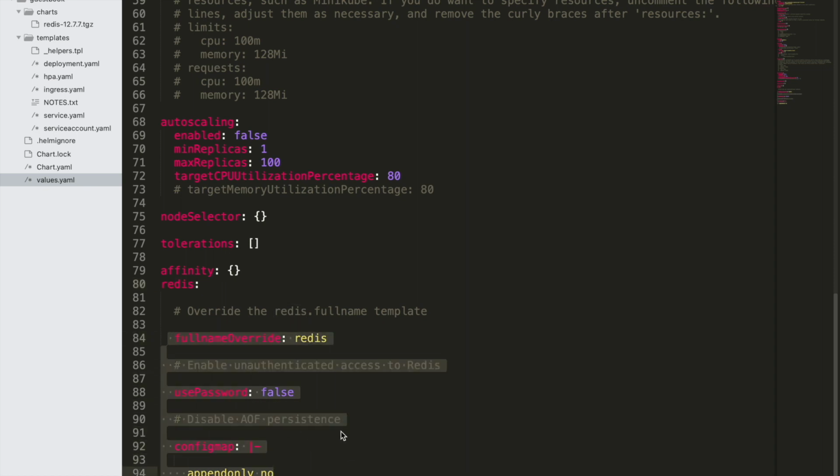If you want to see all the values in your Redis chart, in my previous video I showed that you can use helm show values for your particular chart. This will provide you all the details of what the Redis chart is doing at the back end, so you can get all the details from there.